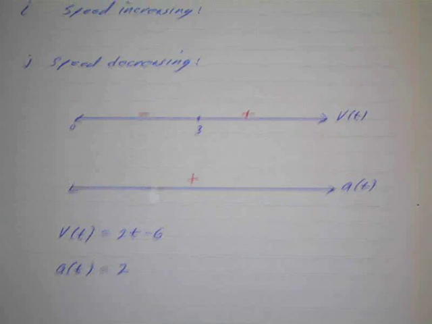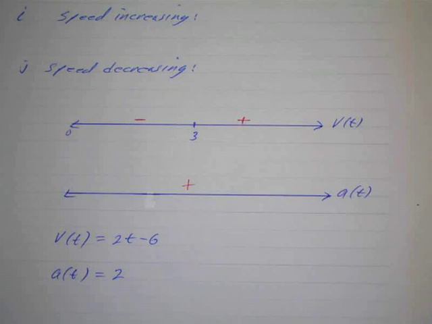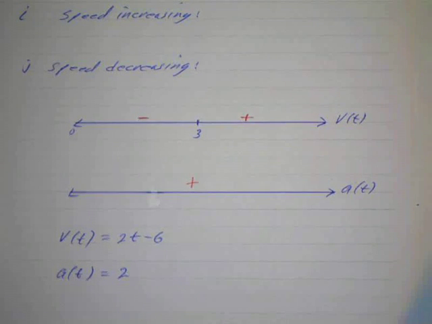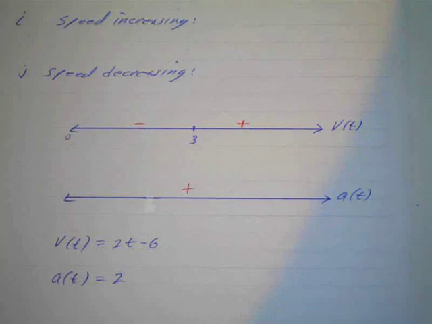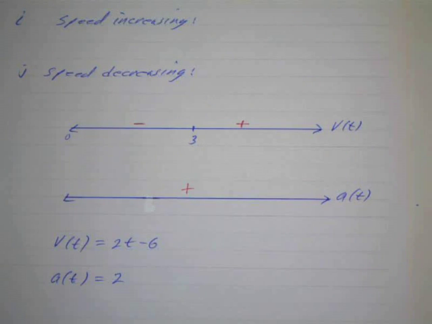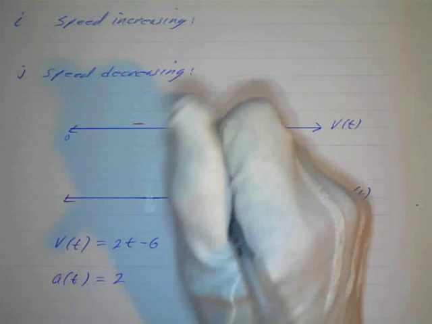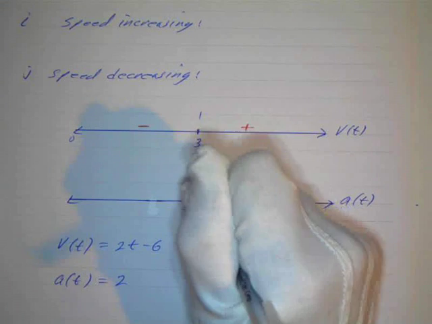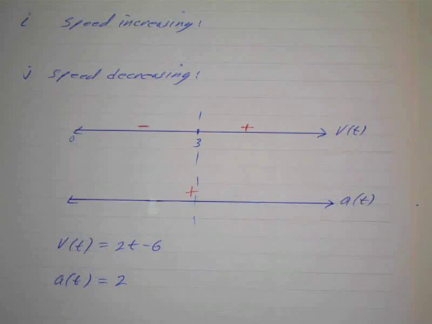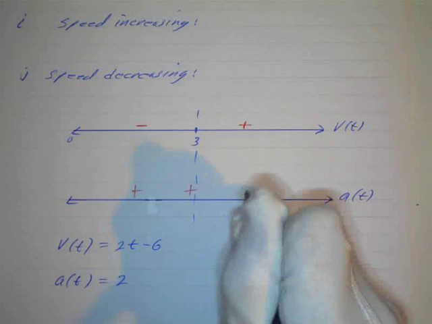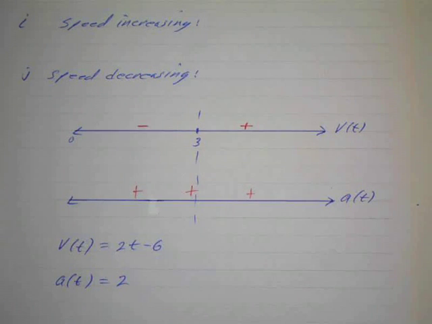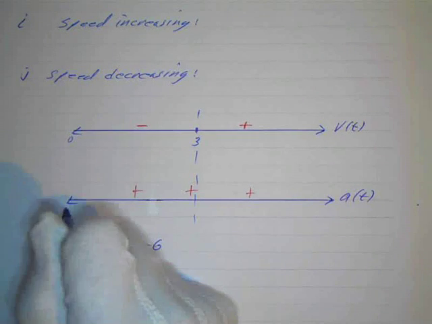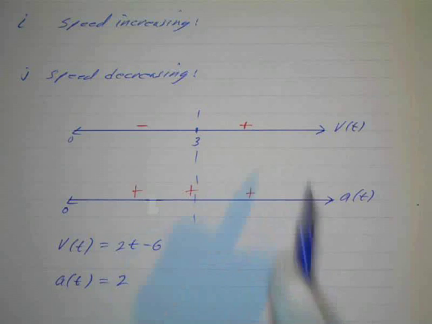So what we do is just draw a dividing line down any of your intervals. We only have one space on this one, so it's kind of easy. And you can go right down here. And then I'll just continue this positive here and this positive here. And then you can see that this is 0 also. So you can see that the acceleration and the velocity have the same sign,